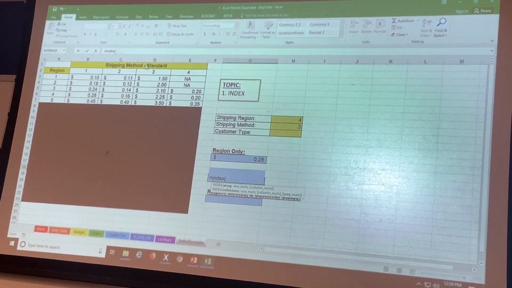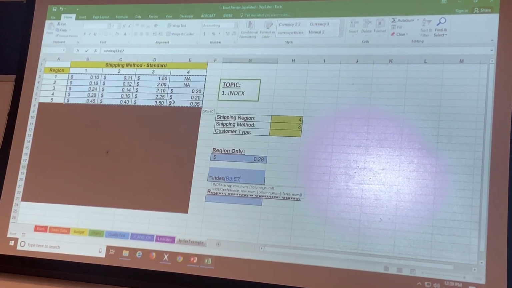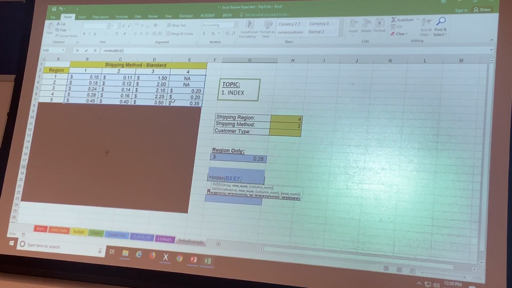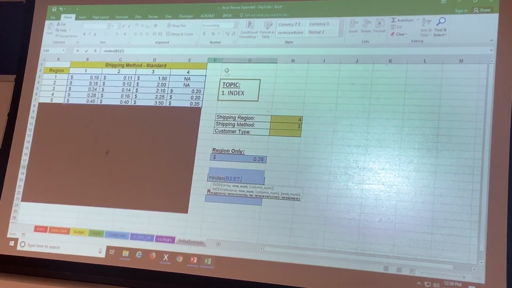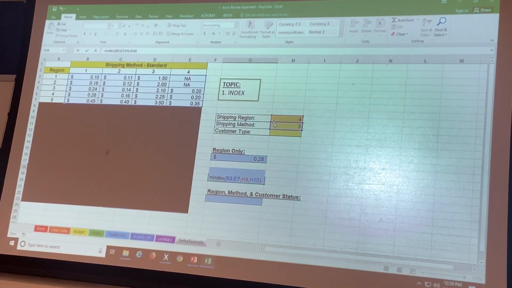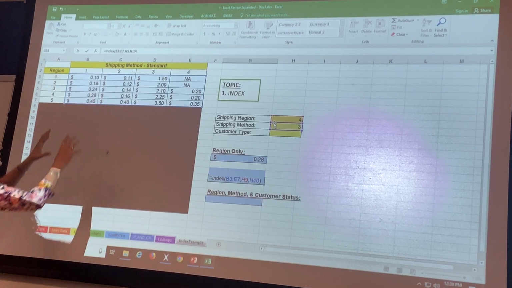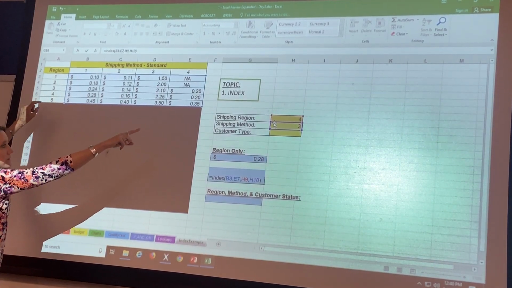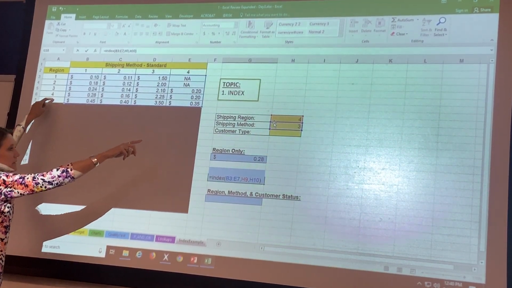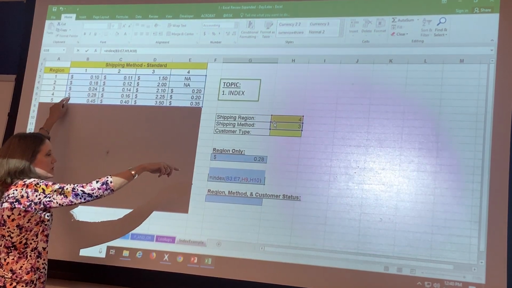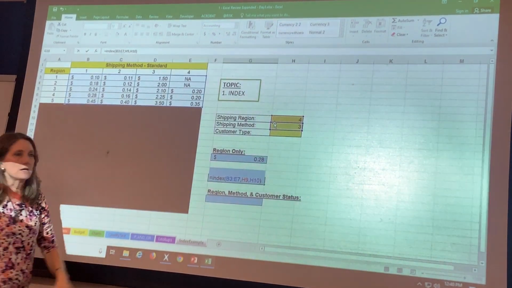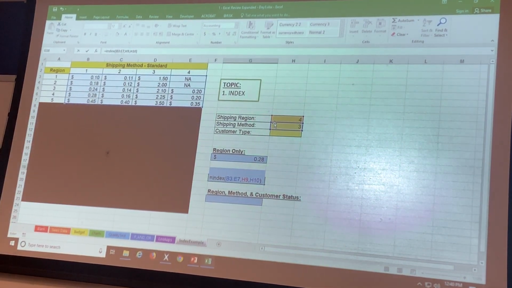Index, going to this 2-dimensional array, then I have to tell it row and column. The row is the region, the column is the shipping method, which I have stored up there in H9 and H10. So it's saying go there, go to H9, that's 4, okay, and H10, that's 3, go there and tell me what I was doing manually,